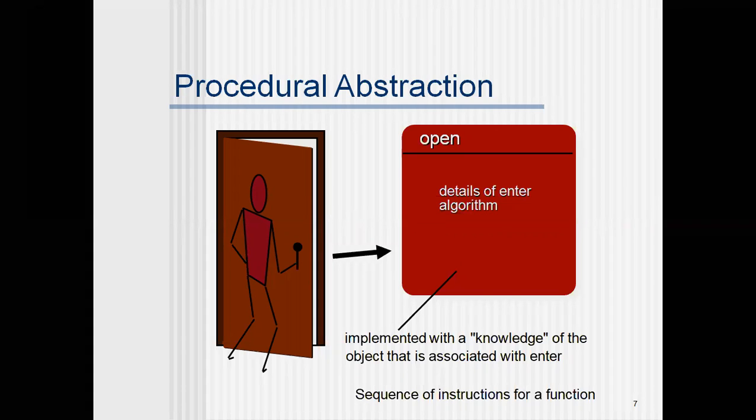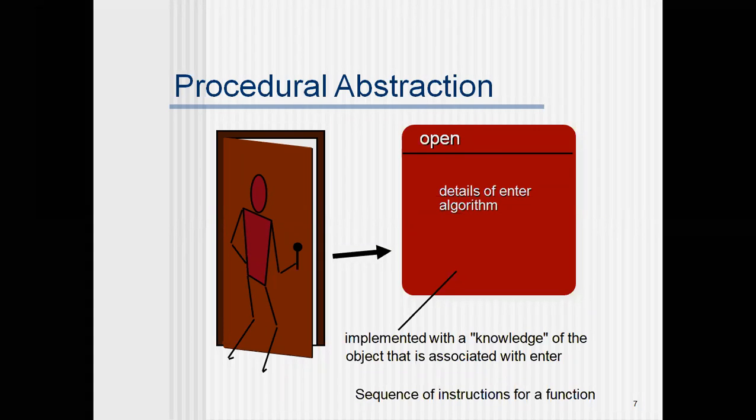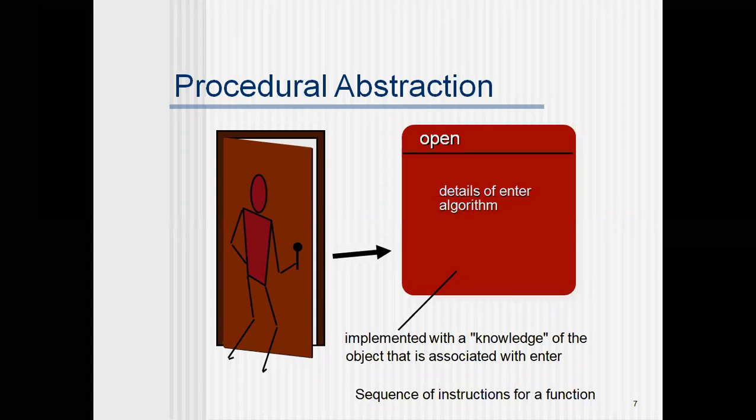Exactly, here we have some sequence of instructions that have a specific and limited function, but those function-specific details are suppressed. The implementation knowledge, which means the details of the inner algorithm. That lock is made with some opening mechanism. Which kind of algorithm is built into that particular locking mechanism,